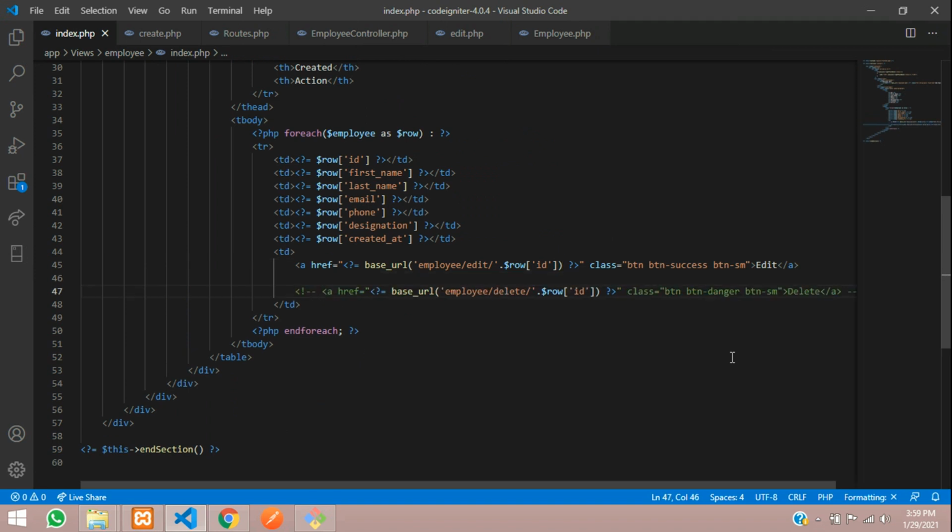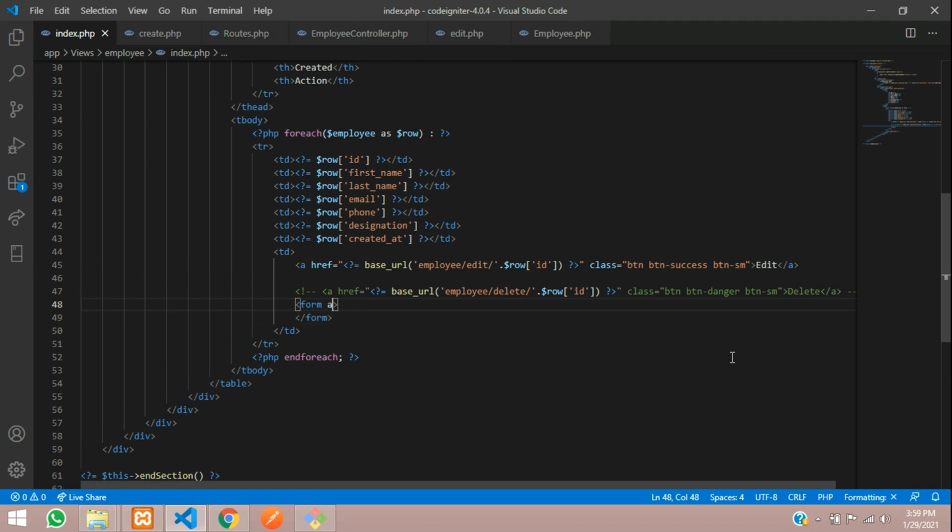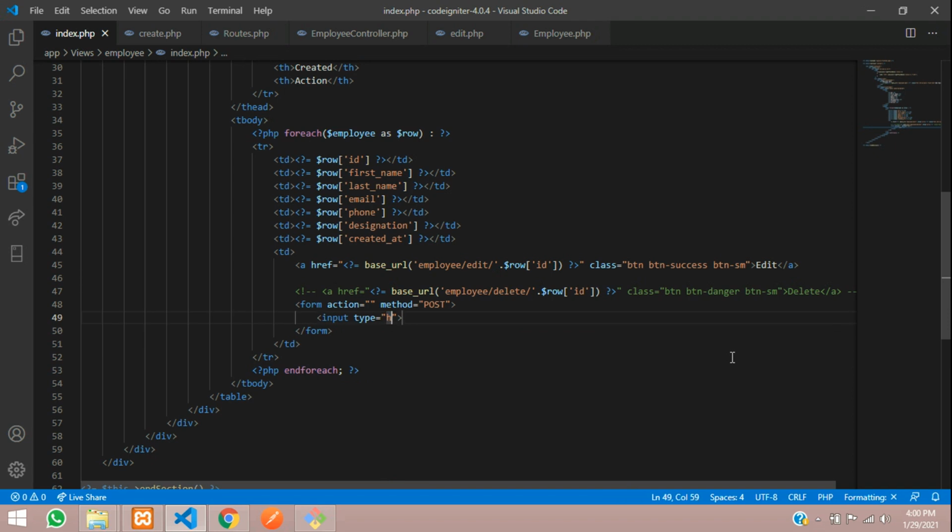Let's comment this out and create a form, and inside this you're going to pass action is equal to, and method is equal to post, and one input tag that will be hidden, and this name is equal to _method, and the value will be delete.